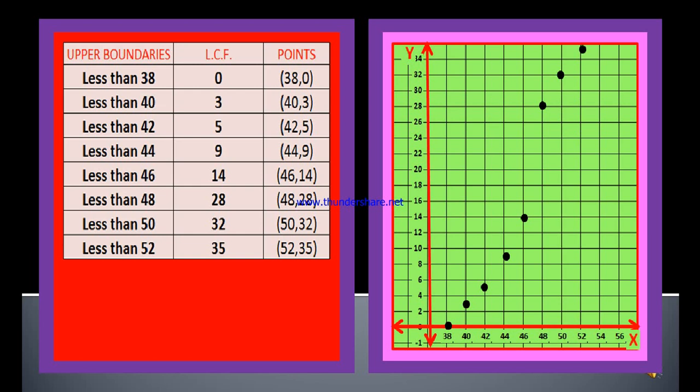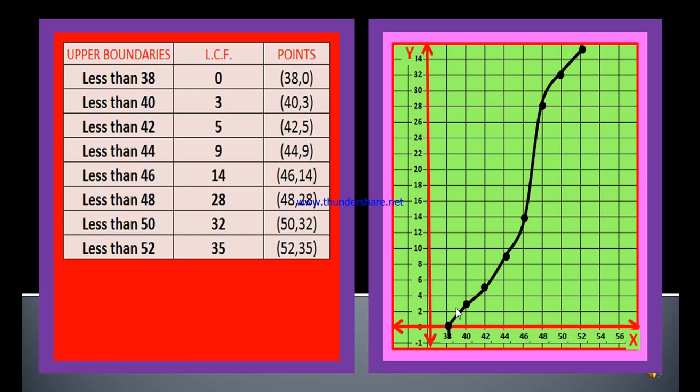As all these are the points, now we have to join them with free hand in order to get an ogive curve. You see, let us start joining these points like this. Let us start from here, and with free hand you may please draw a curve like this. Yes, this is an ogive curve. Look at this. This is the ogive curve.